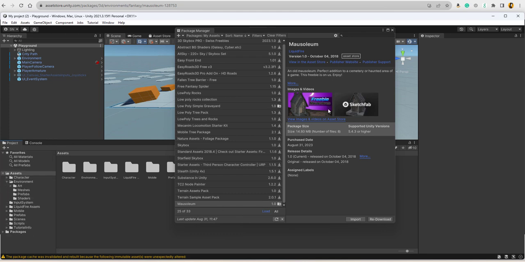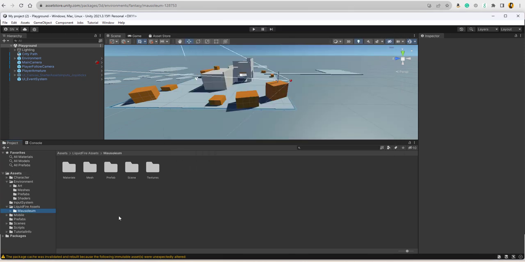It's actually called Sketchfab Free. What is it called? Just Mausoleum. And it should be in here somewhere. I didn't happen to see where it stuck it. Maybe it's Liquid Fire. Oh, there it is. Okay. And so then once we get that,